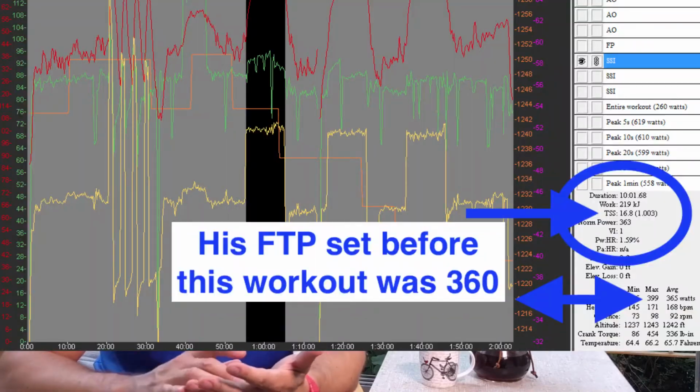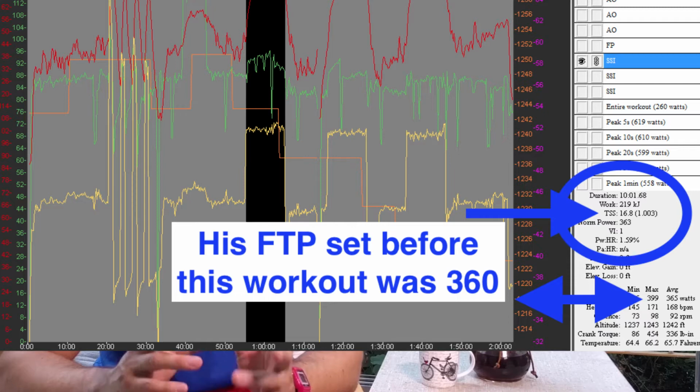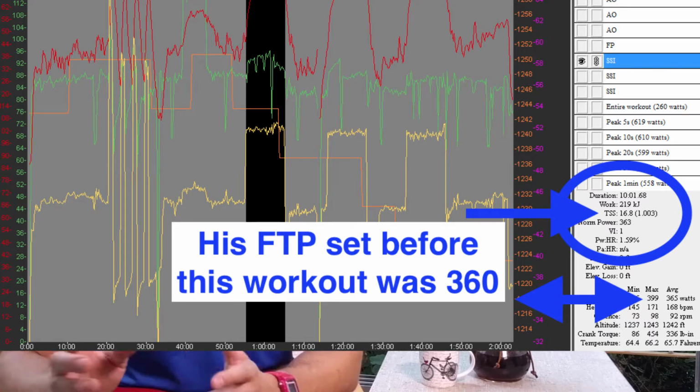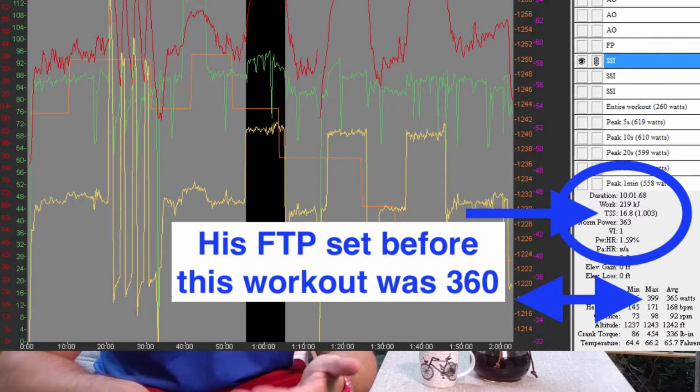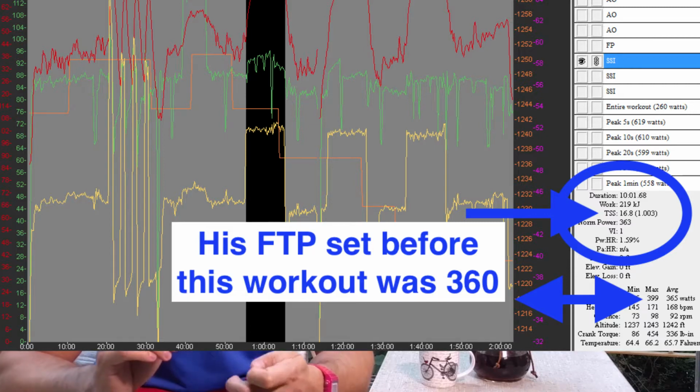What we can do is look at the intensity factor. So if we look at the intensity factor for, let's say, a time trial, a 40K time trial, or a less than 1 hour time trial, we can actually extrapolate from that with a proper warm-up what your actual FTP is. So if a rider comes back, let's say they do a prologue, which is, let's say, a 15-kilometer time trial, and it took them 15 minutes and they had a peak power of 355 watts, we're going to take that number, multiply by 0.95, and that's going to be their new FTP number if their intensity factor was over 1.